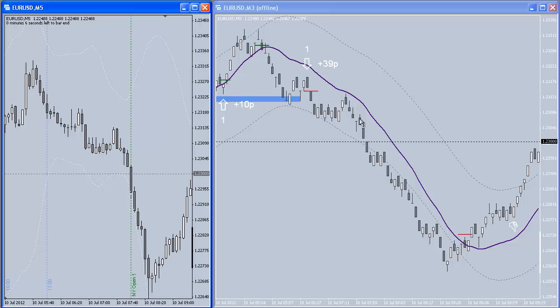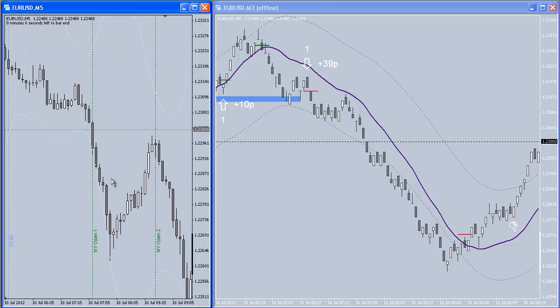And because it was breaking so hard and it broke through this 23 level, or 2300 level, really smoothly, I did decide to just basically keep my stop somewhere above there and keep holding and see how far this thing would run. You can see that it had a lot of momentum on the M5, and so I just held on as long as I could. Basically adjusting my stop, once this pattern had come in, I adjusted it above there, then adjusted it above here, adjusted it above here, and then eventually I got taken out down here for 39 pips,